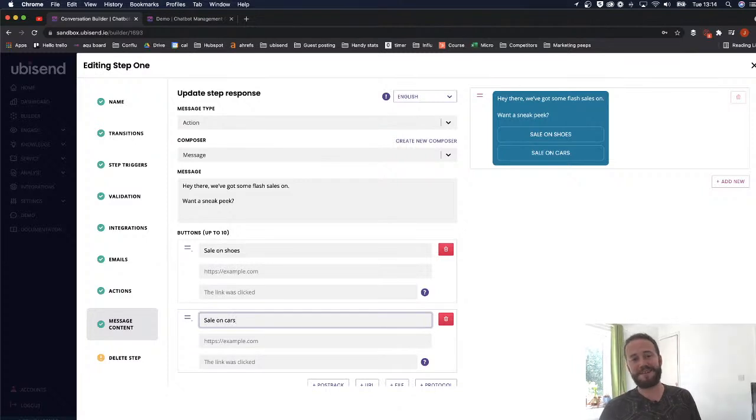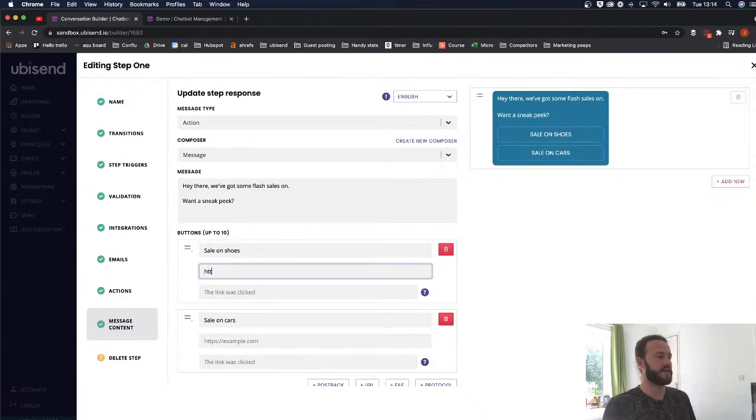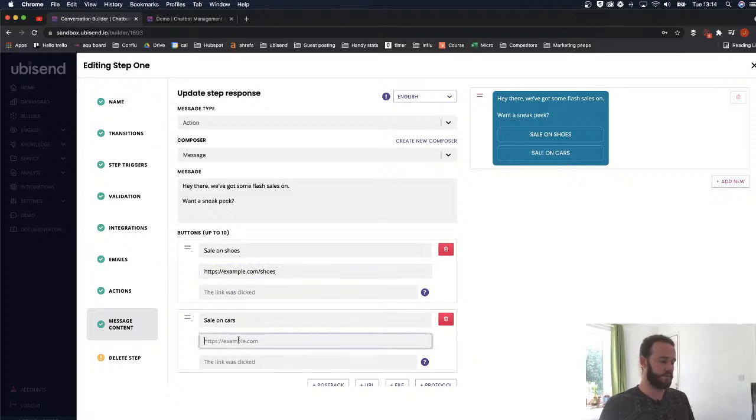Obviously there's not a lot of shops out there in the world that sell both shoes and cars, but again, just an example of how you can link to different areas. And with the link, you just enter the link yourself. So we'll go with example.com/shoes, and for this one, example.com/cars. So that's essentially how you're going to be able to create a conversation which links out to different elements